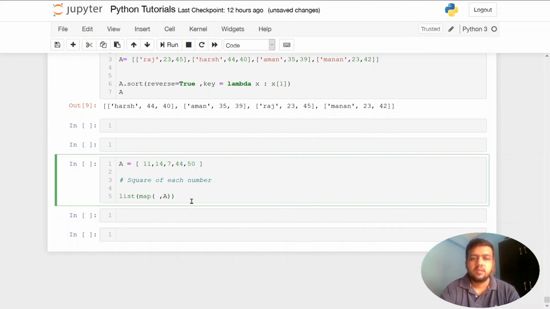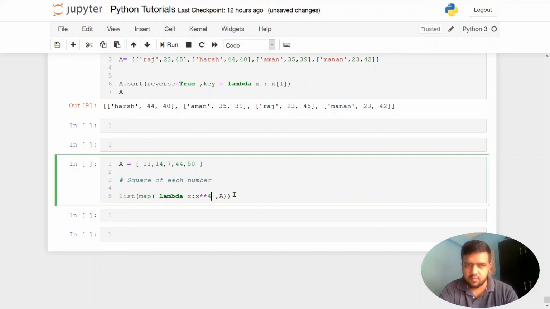Now I have to define a function that will be mapped to each value of that list. Let's say I want to calculate the fourth power of all the elements that are present in the list. At this point I have to just use lambda. I will write x, whatever identifier you can use. Let's say I'm using x, and I will write x star star 4.